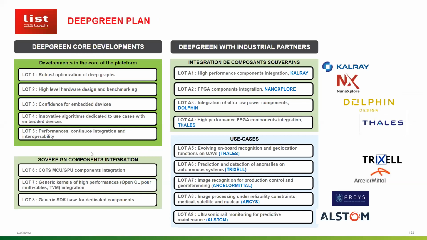So here I just show you the plan, in a very high-level way, in the sense of what we want to do. We have two different parts in the delivering project. We have the part for the core development, as shown on the left, where we want to develop our platform even more by providing more various algorithms in order to optimize our networks.